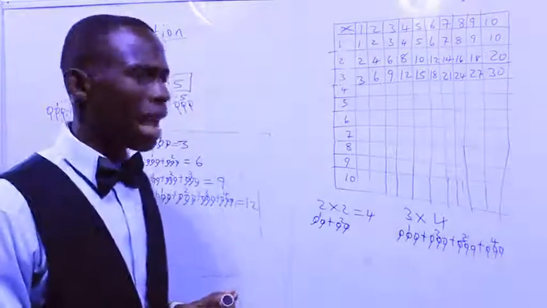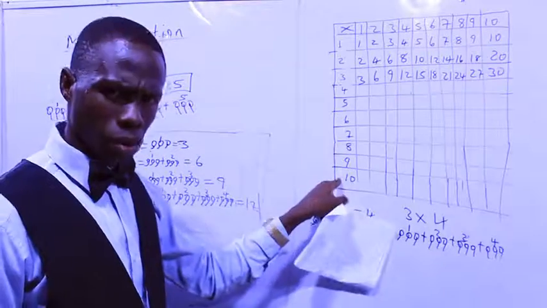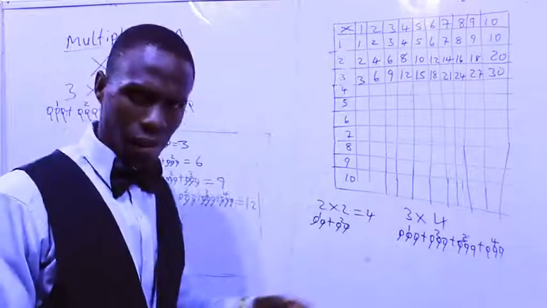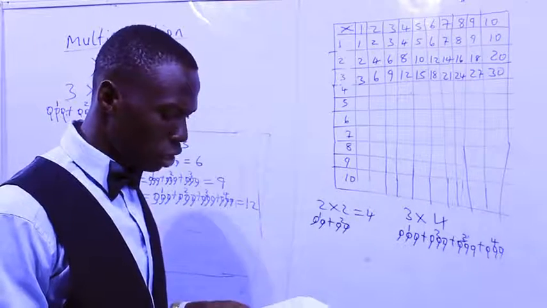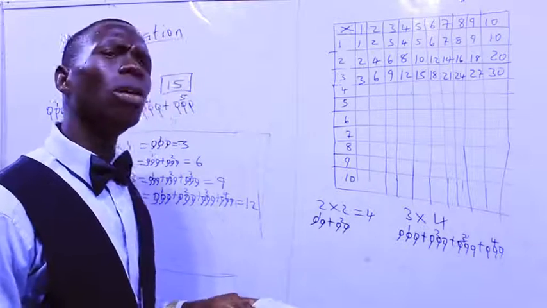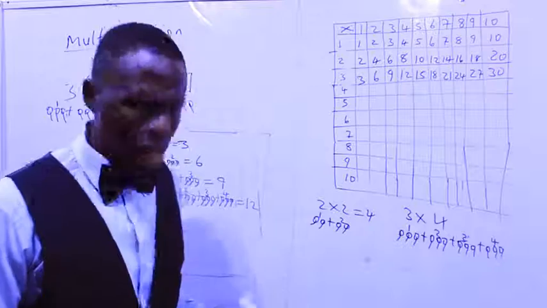Just like I put mine, it is 10. I want to stop there. You can fill in the rest. This is what is called a multiplication table. Now, if you are given a question to answer,